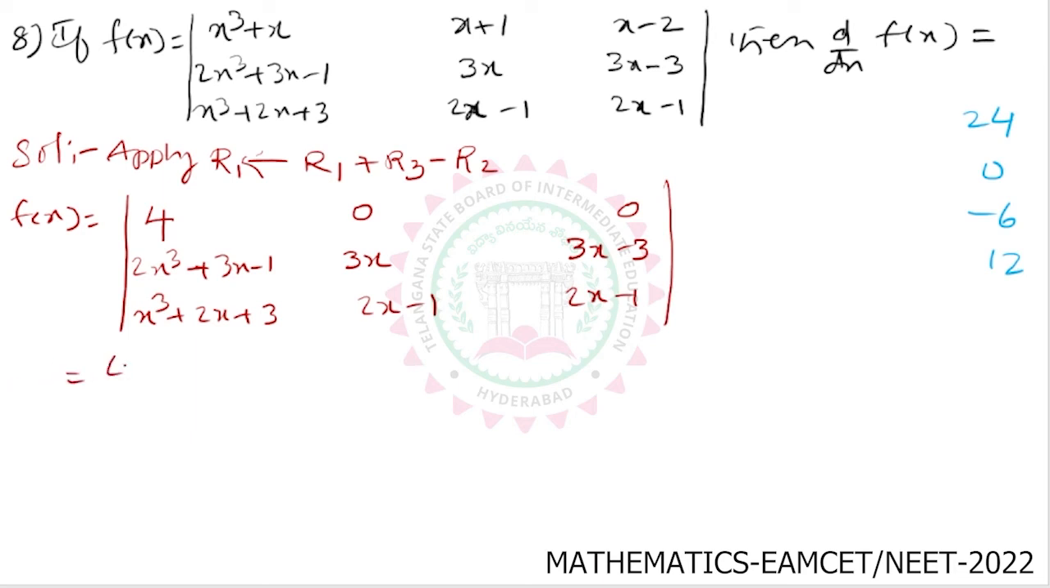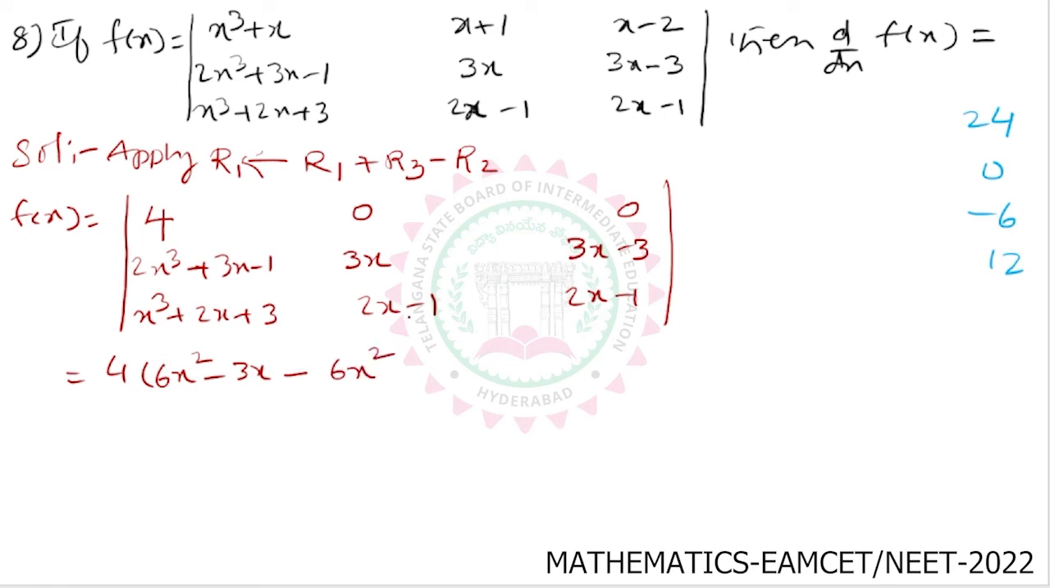This is equal to 4 into the first row first column, that is 3 into 6x square minus 3x, okay? Minus 3x minus 3 into 2x minus 1, right? So 3 into 6x square,